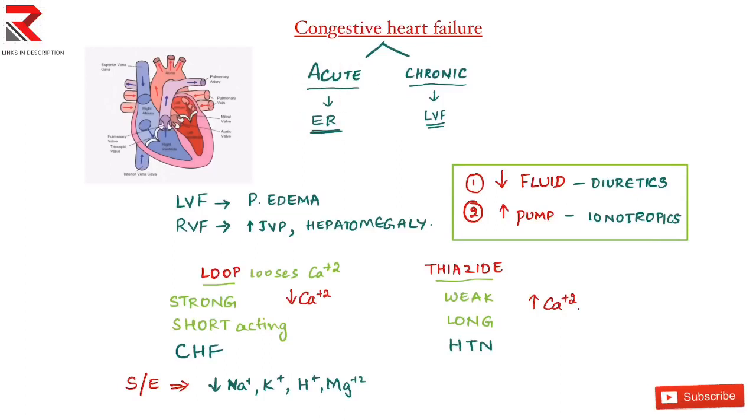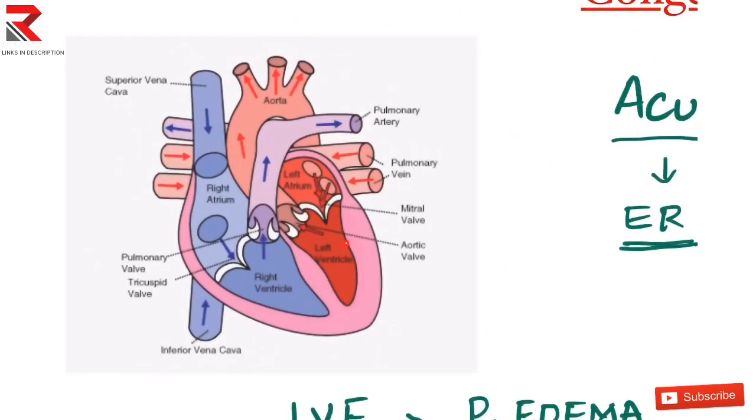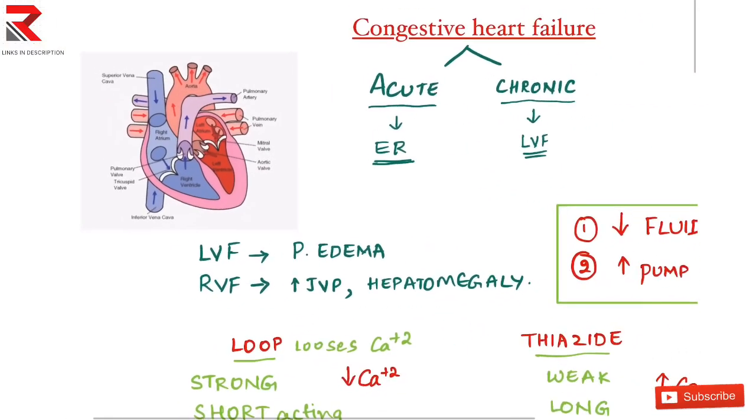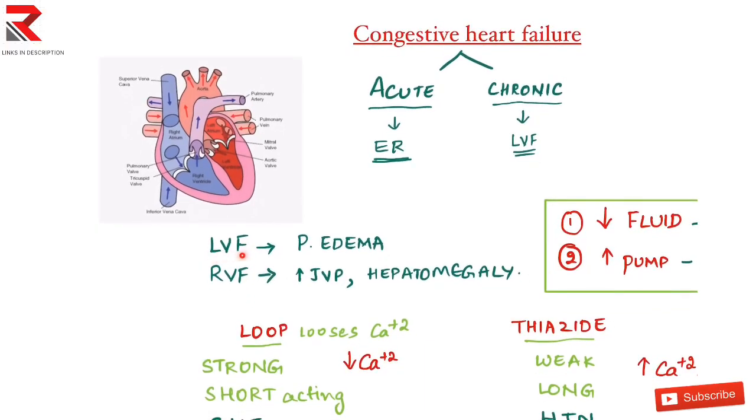First, a small wrap up of the pathogenesis. If there is a failure of the left ventricle, the blood cannot be pumped further into the aorta, and hence the blood gets accumulated, and the accumulated blood keeps the backward pressure to the left atrium. Through the left atrium, it reaches into the lungs, and in the lungs the blood gets accumulated. So in this way, if a person has a left ventricular failure, then there will be pulmonary edema.